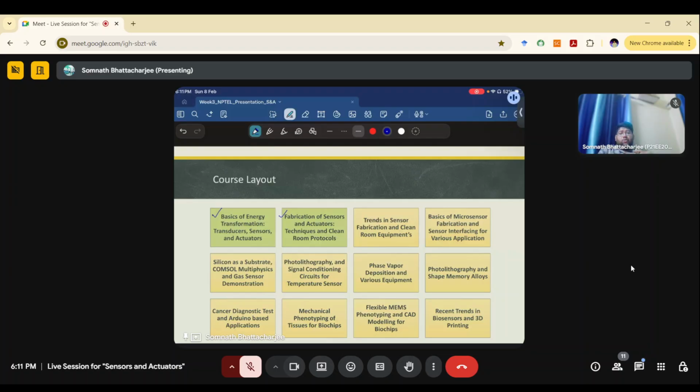Then moving towards Arduino based applications, and where your fabricated sensor can be applied and be the most suitable candidate. You can also choose your materials and your techniques. We are discussing all the techniques and different kinds of materials, if you need your sensor to be flexible,